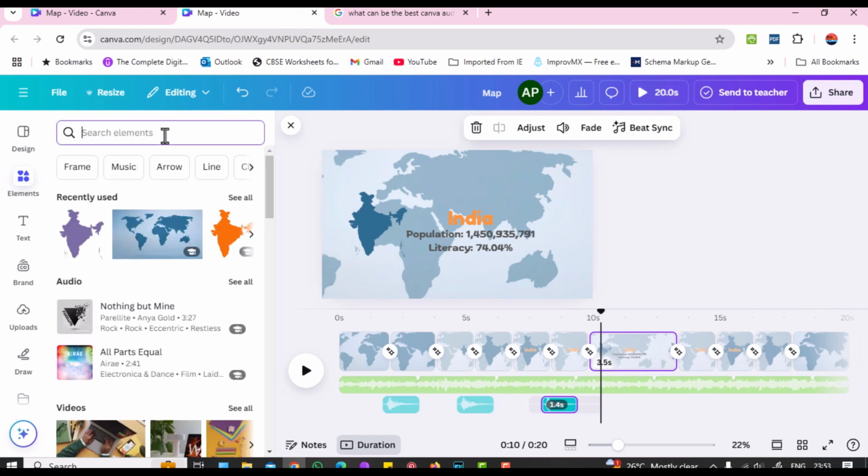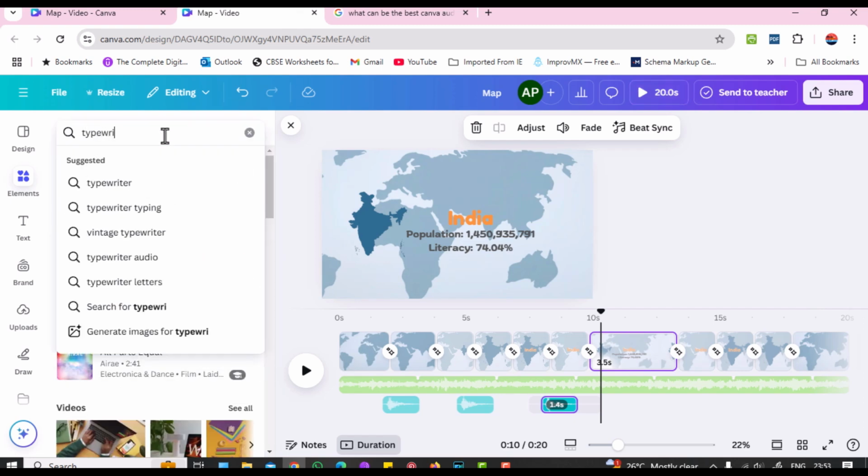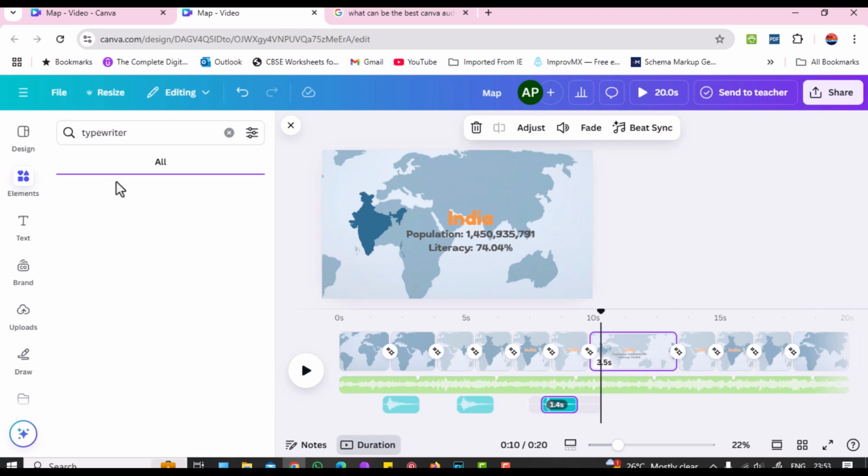Lastly, search for a typewriter sound and add it to the slide where we have added the typewriter animation.